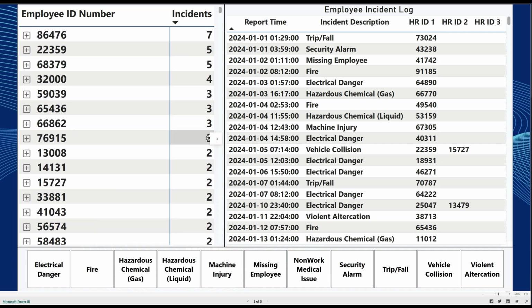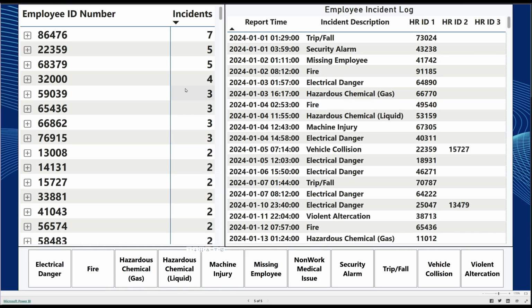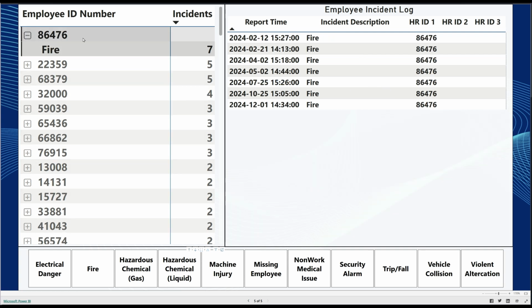You can't just assume that it's the employee's fault, even though it could be. You can't make that assumption. Let's take a look at the high score, 86476, and their 7 fire incidents. That is pretty anomalous. We know that we need to sit down with this employee and figure out why fires are happening so often around them, but